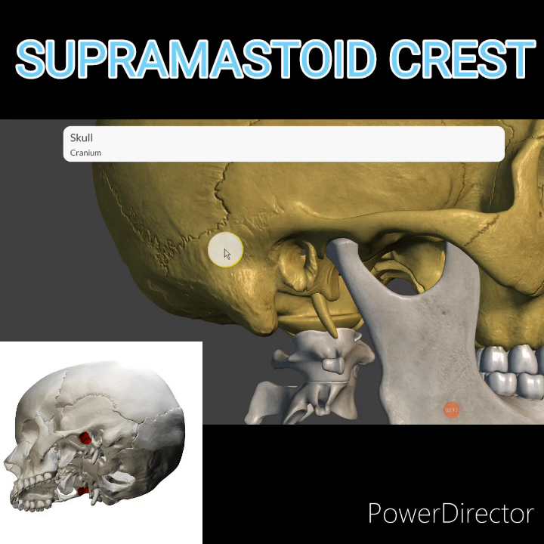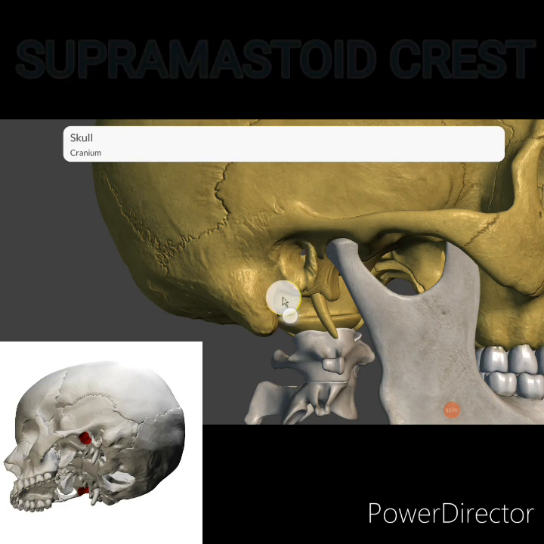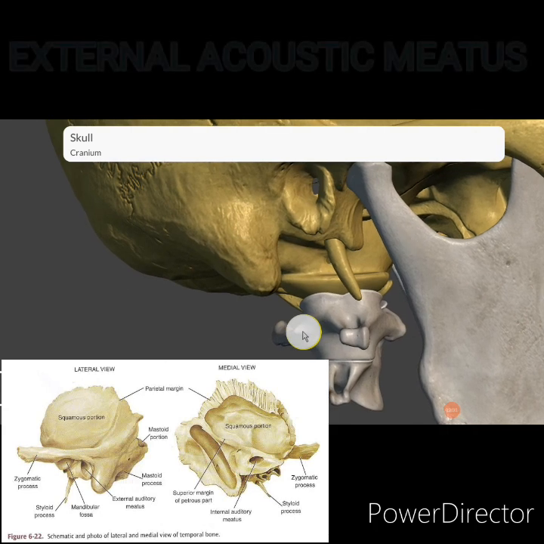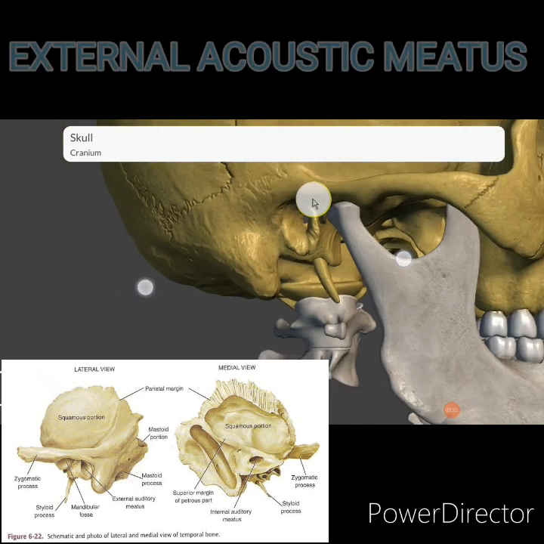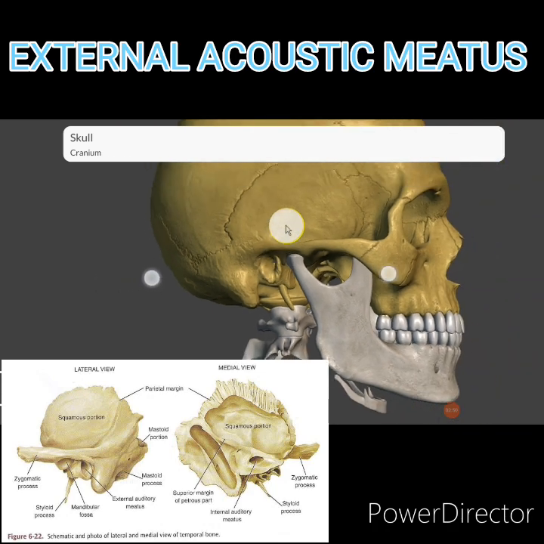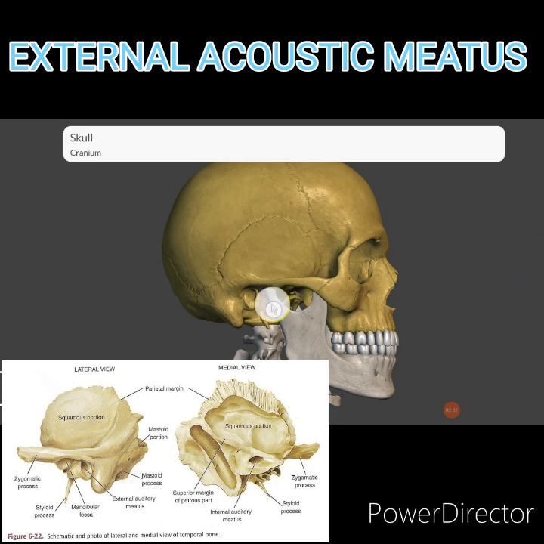Articular fossa is the place where the head of mandible is going to get attached. Behind the articular fossa, there is a postglenoid tubercle. External acoustic meatus opens below the posterior root of zygoma, which is the way to the inner ear. Its anterior, inferior and lower part of posterior margin are formed by tympanic plate, whereas its posterior-inferior margin is formed by squamous temporal bone, and auricular cartilage attaches here.